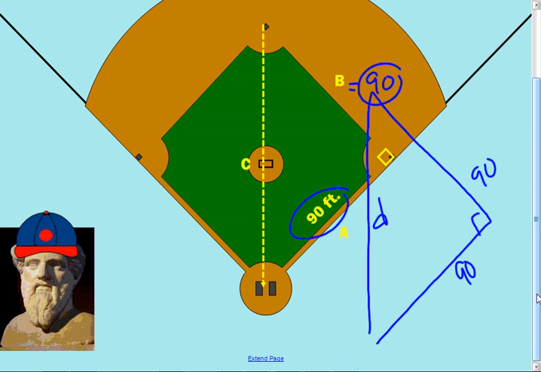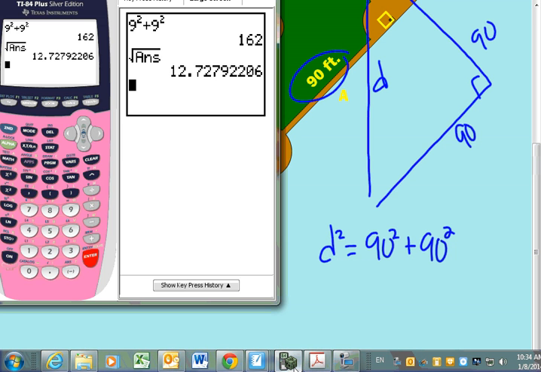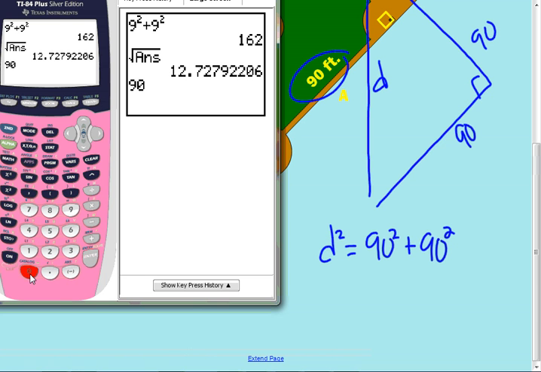Wait, isn't like 90 also equal with this? Might be. Might be. Well, you gotta be careful with pictures. So d squared equals 90 squared plus 90 squared. Well, I'm just gonna let the calculator do the work because I don't know what it is. Okay, so it's gonna be 90 squared plus 90 squared,